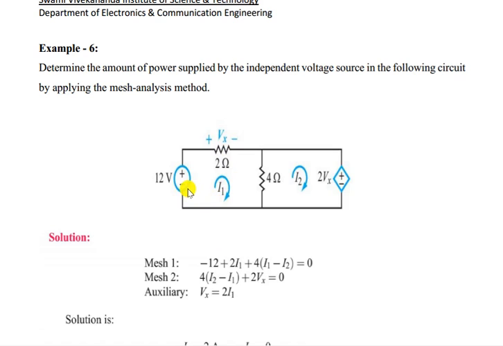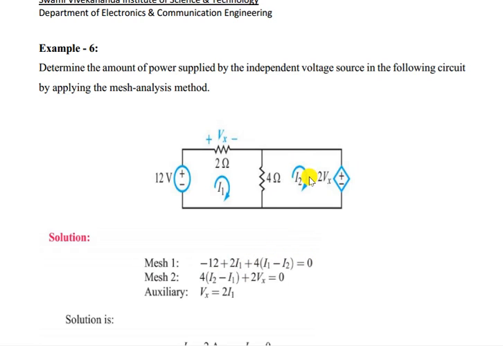I1, this current first encounters the negative terminal, so minus 12. We can write this as plus also, because from minus to plus the voltage is increasing. Okay, and here it encounters minus, plus, so minus 12. Then it encounters plus, so plus 2 into I1, again it encounters plus first, so plus 4 (I1 minus I2). If you write the opposite way, that is 12 plus 12 minus 2I1 minus 4(I1 minus I2). So both are almost the same thing. The sign is different, minus becomes plus, plus becomes minus, so we can write the opposite way also.